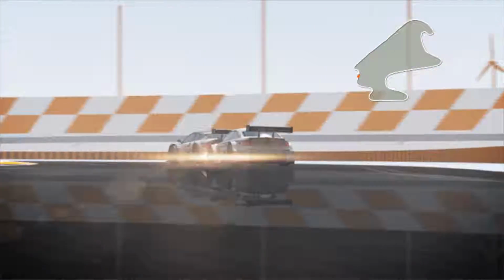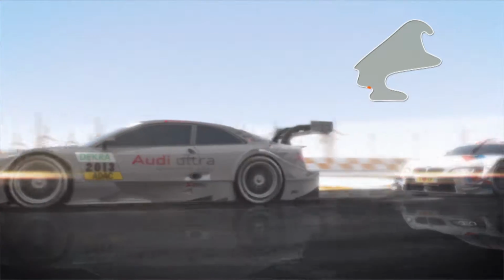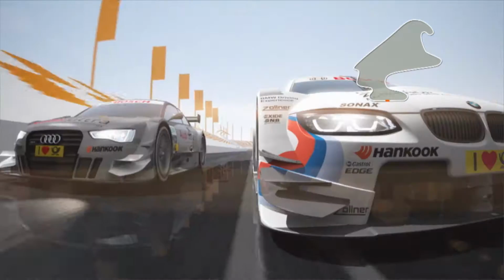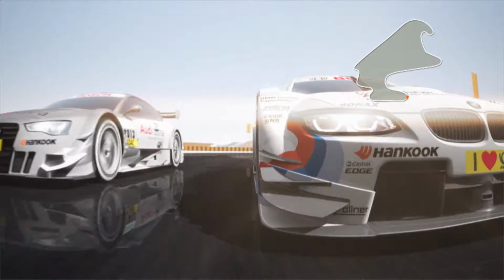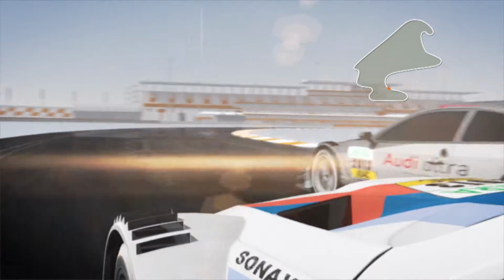Then they wiggle right and then left, and effectively they're cutting off the turn 1 of the tri-oval, and then just here, long left-hander, they rejoin the tri-oval, coming out very close to the wall, then along a little bit of that oval circuit, again down to second gear, and this long left-hander, which then immediately switches into a faster right-hander,